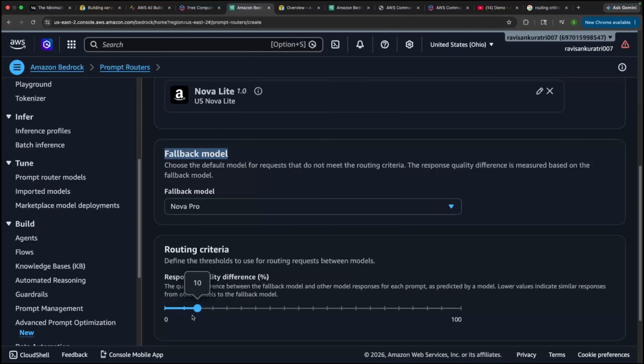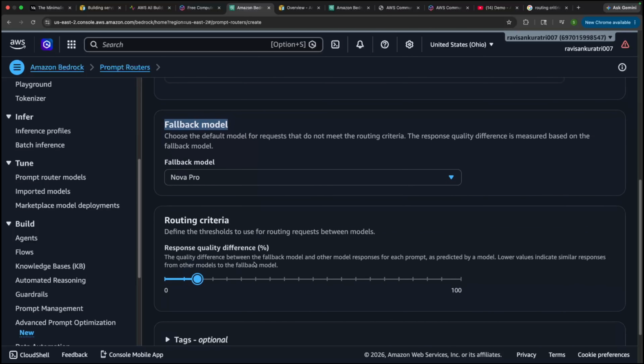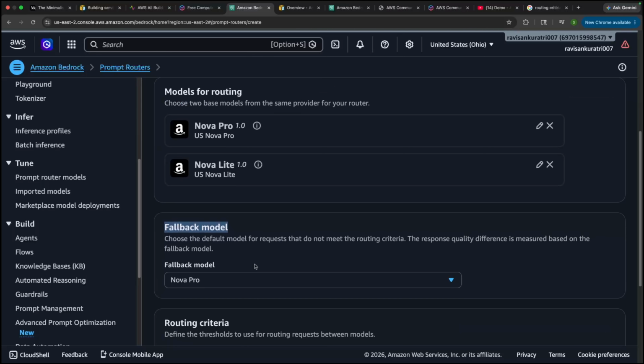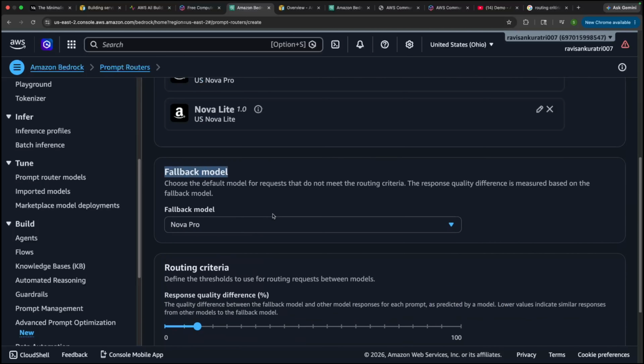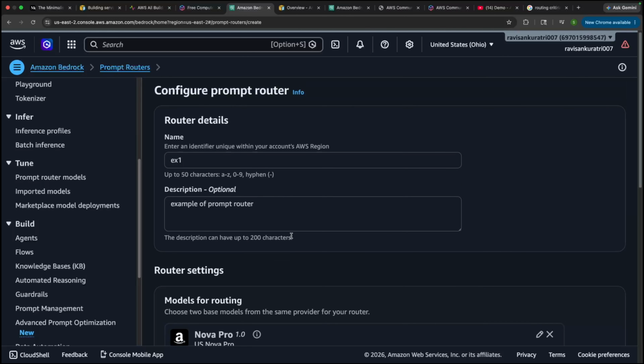If you evaluate the answers from both of these models and the difference is less than 10% in quality, then most probably our routing selects our primary model, which is Nova Lite, which is less costly for us. That's how the entire prompt routing system